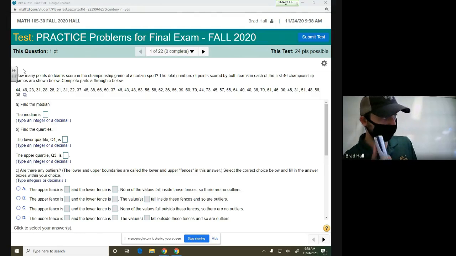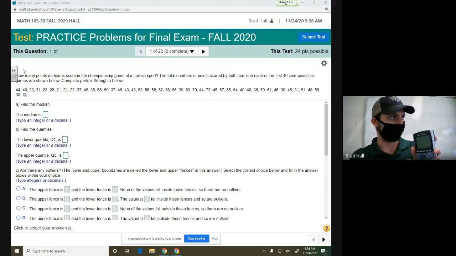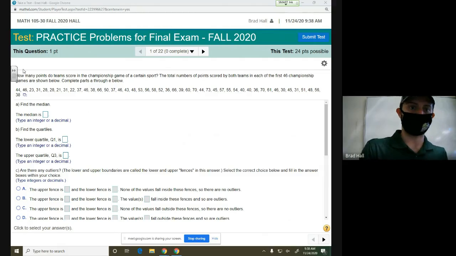So it might be good to familiarize yourself with the statistical analysis steps in the calculator. As this implies, you might want to go ahead and pull out your calculator and make sure you can type these values in to determine the median, and it also tells you the mean and everything. So this is a process you will need to know how to do for the test. So I'm going to go ahead and start typing all these numbers into the calculator now. 831, 28. So it's not a very fun problem, but